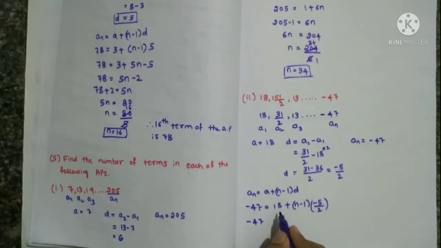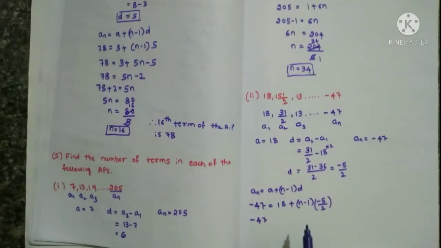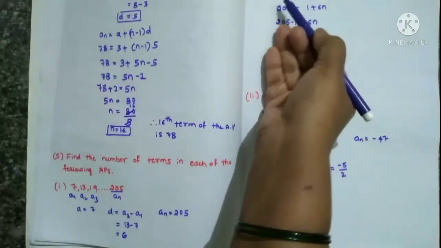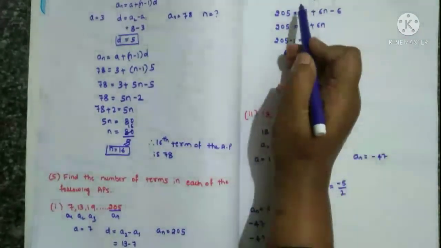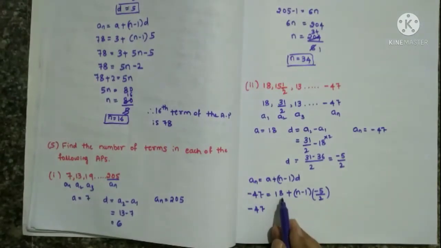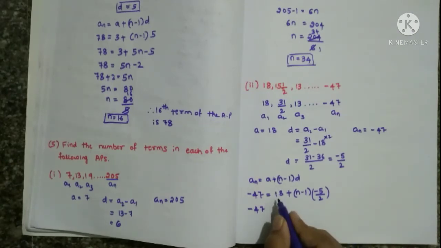I will do one thing here. This plus 18 I can transfer left side now because here plus is there. I can transfer to left. Here also we can do that. Sorry, 7 only you can take first, no problem. Like that also we can do. Why I am doing that? Because anyhow fraction is there here. I'll transfer, it will become smaller number. It is easy to solve it. However, you can simplify it, no problem.